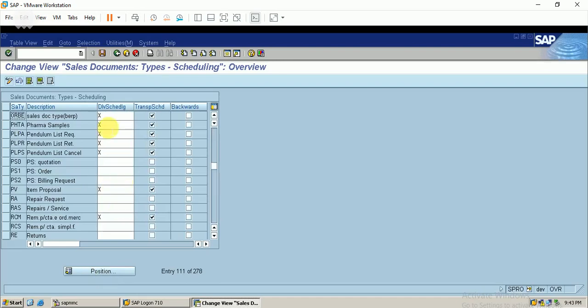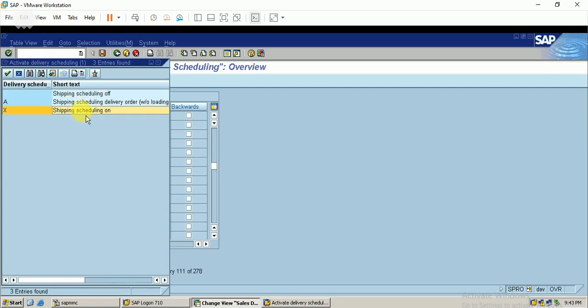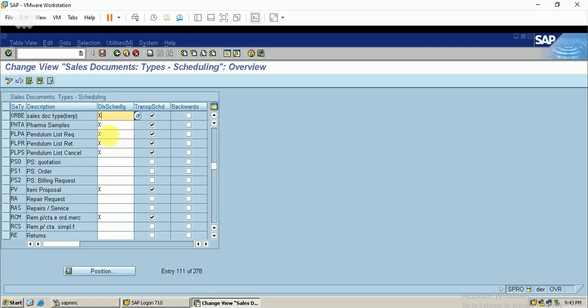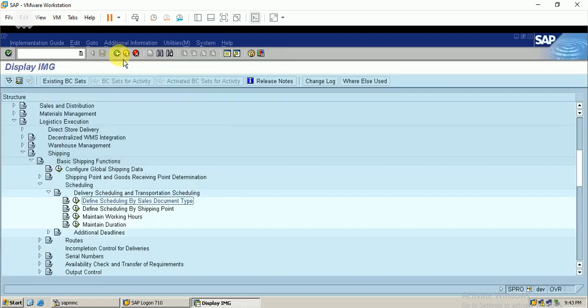You can see here I have activated the transportation schedule parameter, and the delivery scheduling parameter I have maintained as X, that is, shipping scheduling is on. This is the first configuration before entering our shipping. And this is for defining scheduling by shipping point.